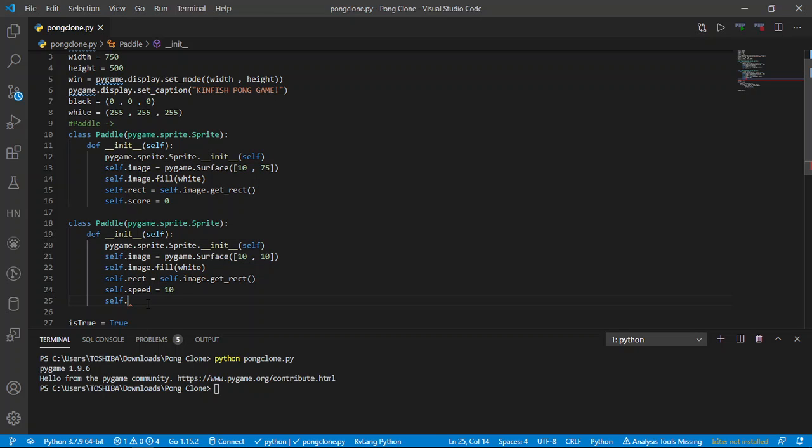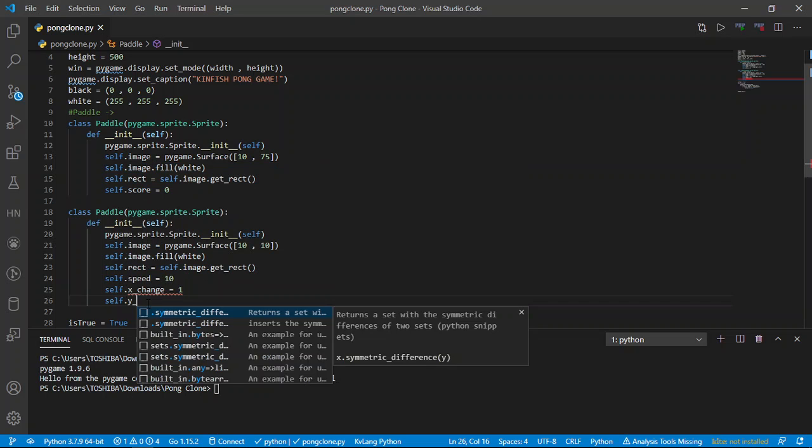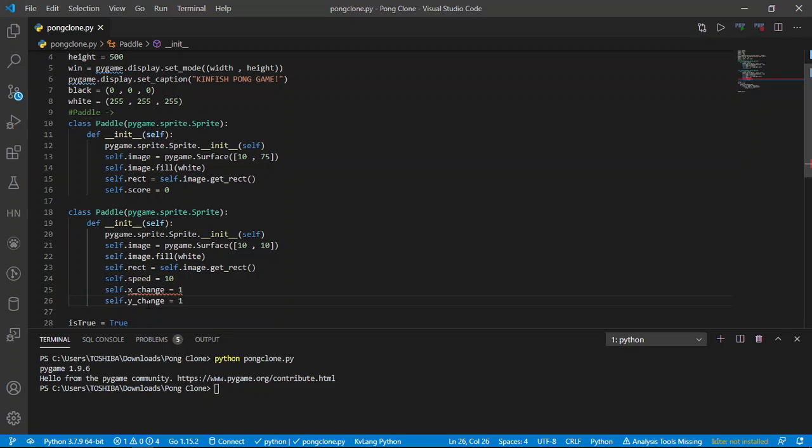Then there is x change, which is going to be set to 1, and I'm going to have self dot y change, which is going to be equal to 1. You may not understand these now, but later on we are going to use all of them after creating the instance of them. So the next thing that we should